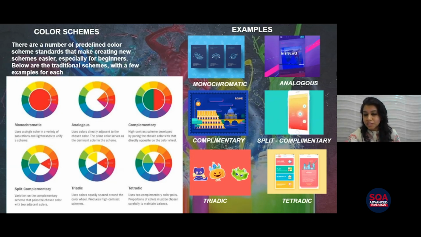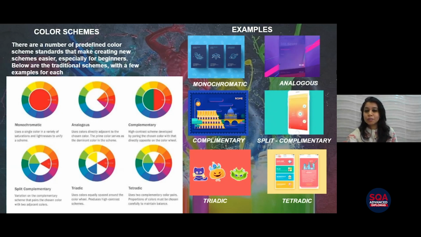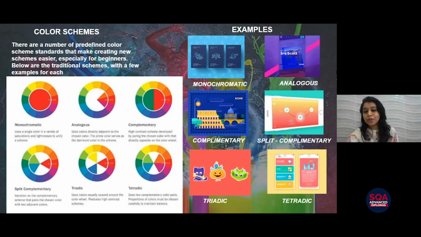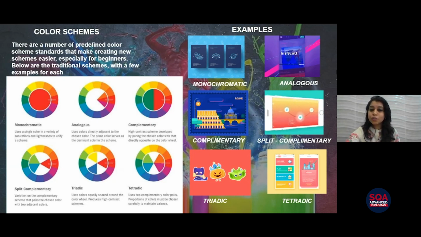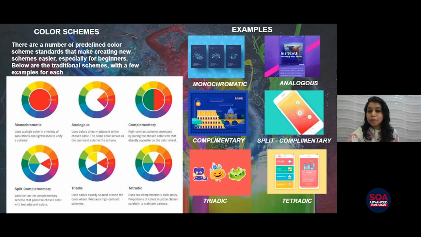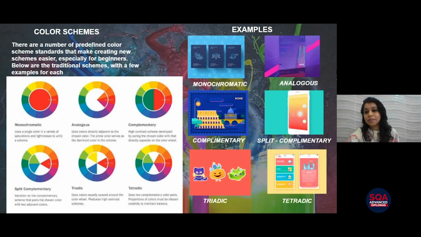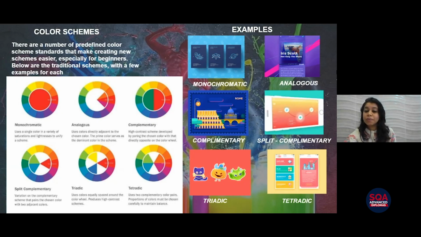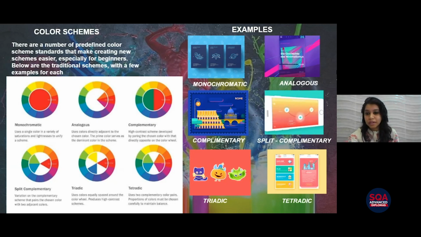Moving on to the complementary one, this is about a city's small stamp that they have tried to use like graffiti work. Here, the first thing that you will notice in that color scheme is the orange color that stands out. So the complementary color that you choose has to be picked in such a way that it stands out, but you also need to make sure that it is not too loud.